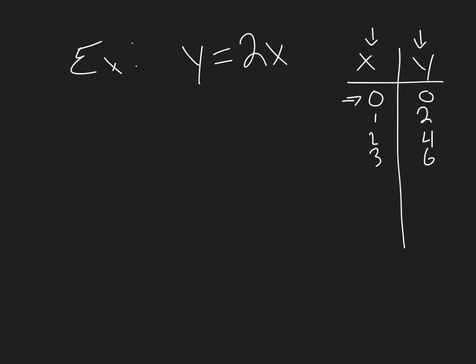Now, it's also a good idea to plug in some negatives, because sometimes that can change depending on what kind of function you're looking at. So if we try negative 1, we'll get negative 2. Negative 2 will get negative 4. Negative 3 will get negative 6. So if we were to graph this now using our points,